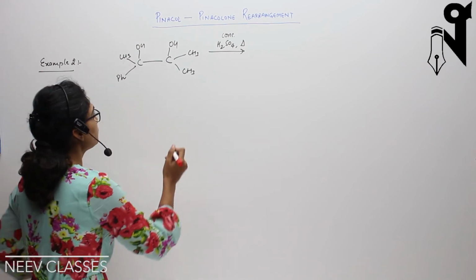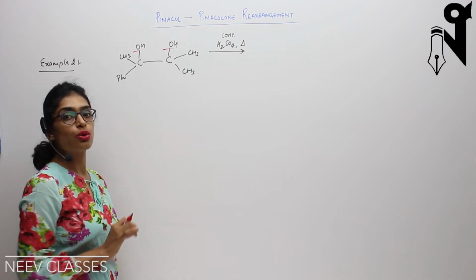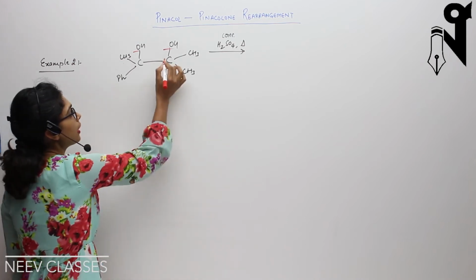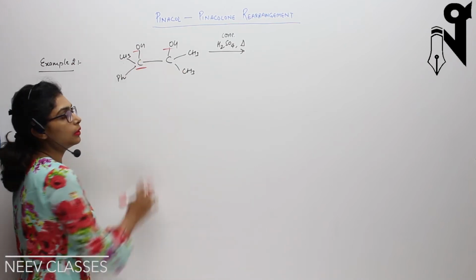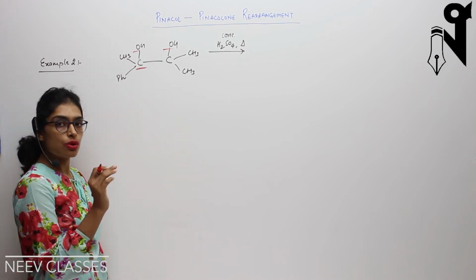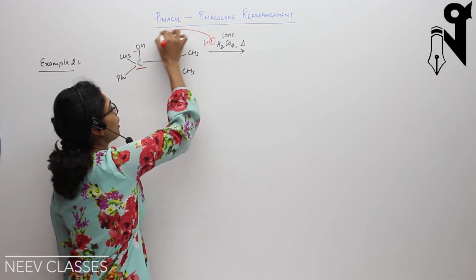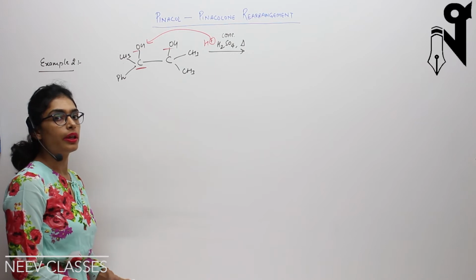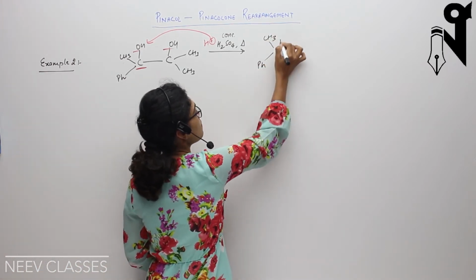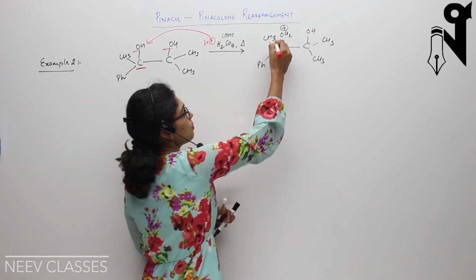So now what will happen? H plus will attack either of the two OH groups over here. Which OH will it choose to attack? Wherever we can form a better stable carbocation. If the carbocation forms on this carbon, it will get resonance stability from this benzene ring. So hydrogen will attack over here, forming a protonated alcohol, and then this OH2 plus will get removed,